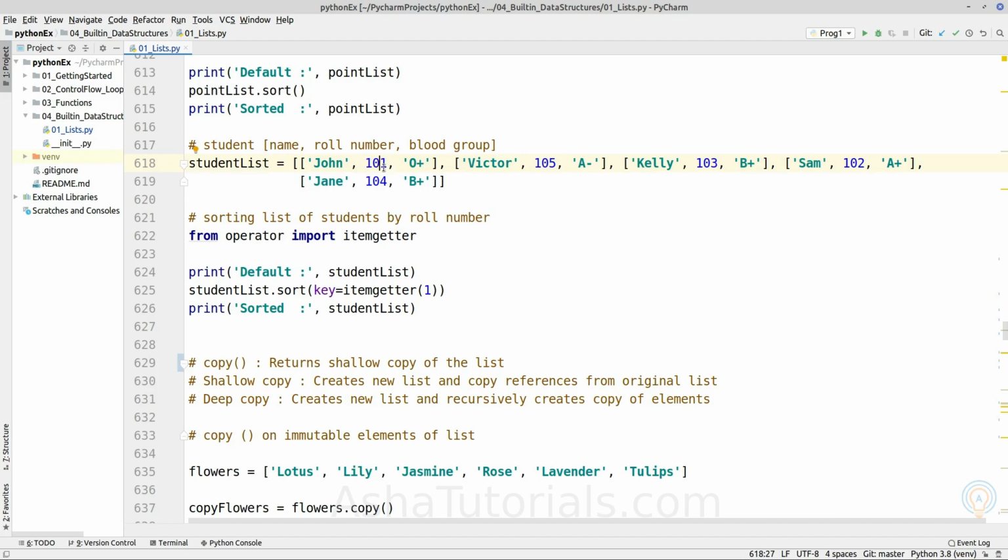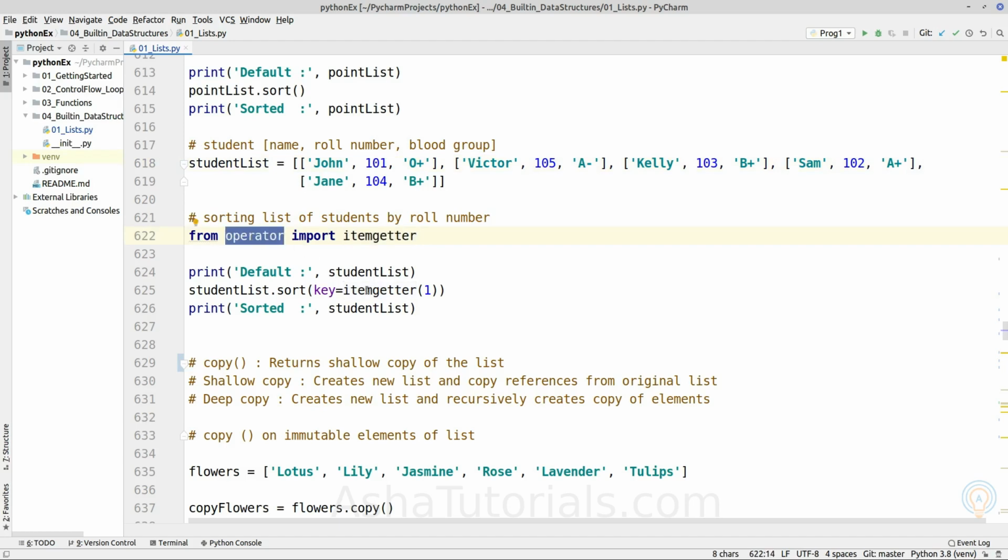So we have to write a custom function which takes a list as an argument and returns the element at a given index, or we can use the itemgetter function which is built into the operator module.